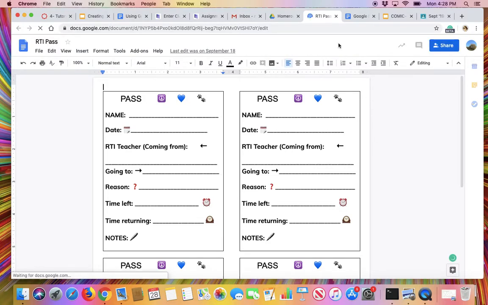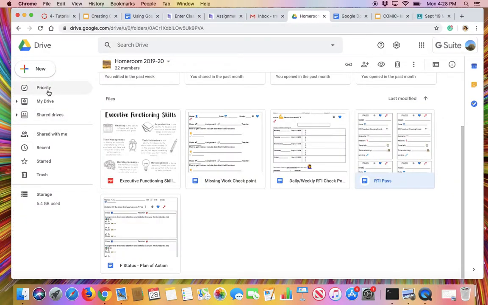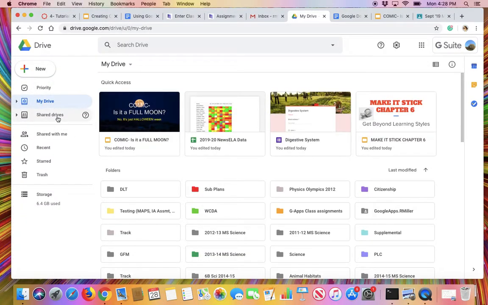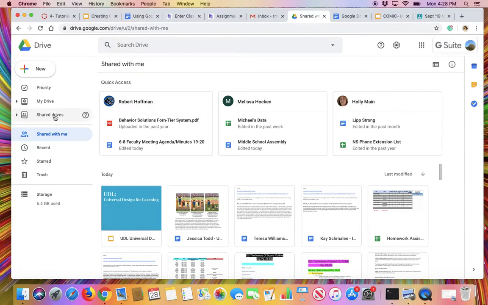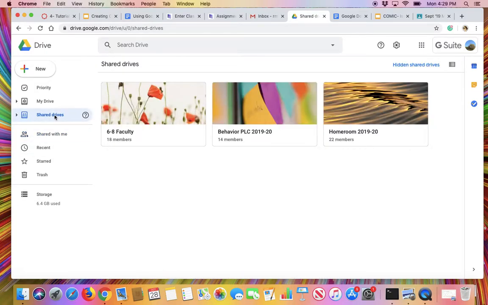So that's been one really neat thing that I like about Google Drive, and that is my own and then shared drives recently shared with me, and organizing those has been fun to get those in order. So that's what I wanted to share about with Drive, and I am going to start creating some new folders